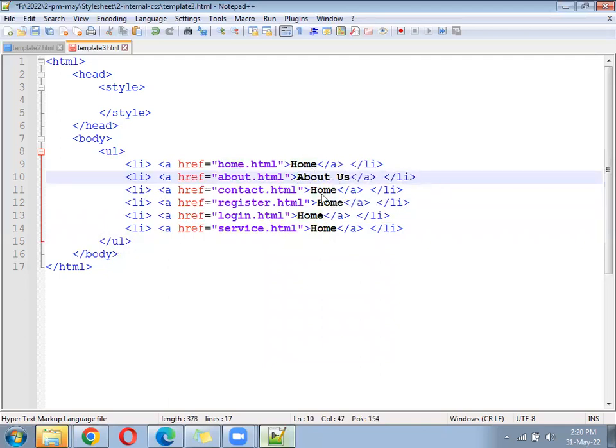Address. Contact us. Register. Login. Our services.